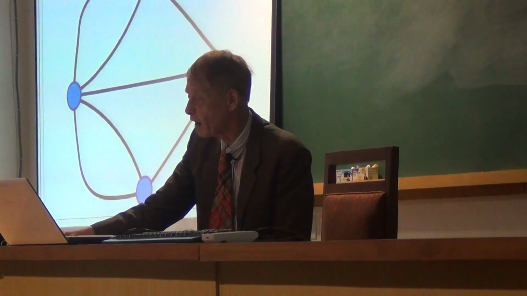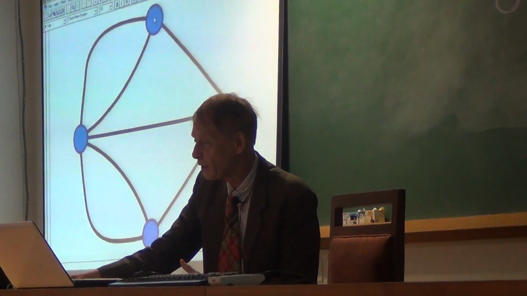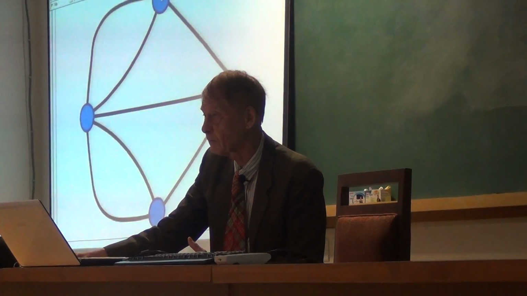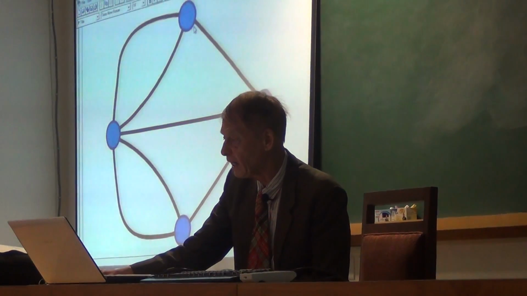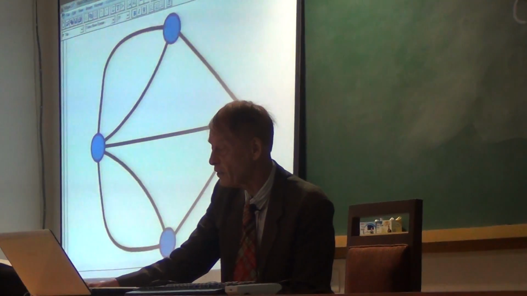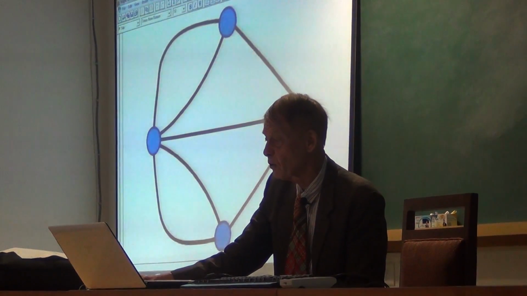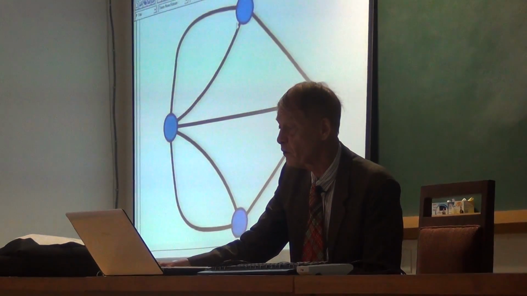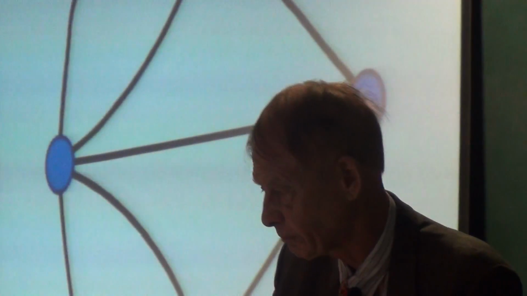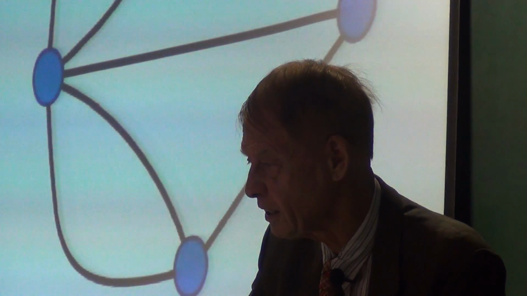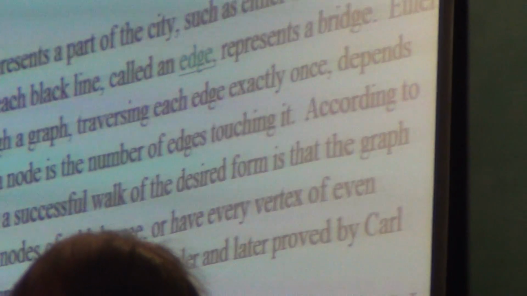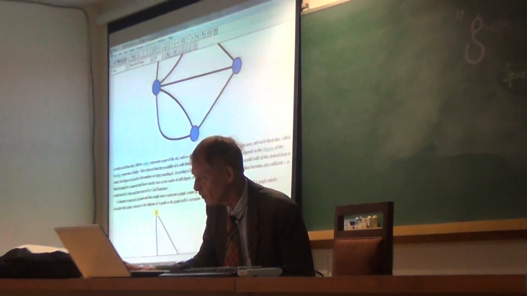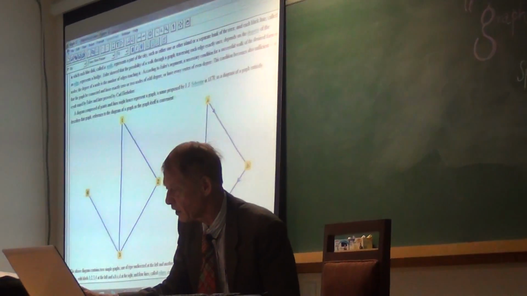So in the language of graph theory, we call each point here a vertex. That's the vertex of a triangle. And each line that connects 2 vertices is called an edge. So a graph consists of vertices and edges. So that was the diagram that Euler used to prove that it was impossible to do that walk, as I mentioned.